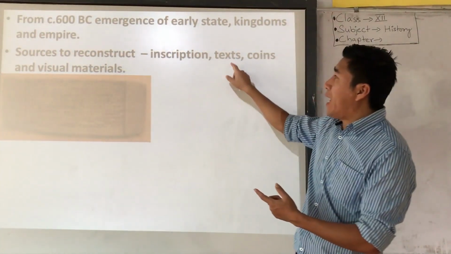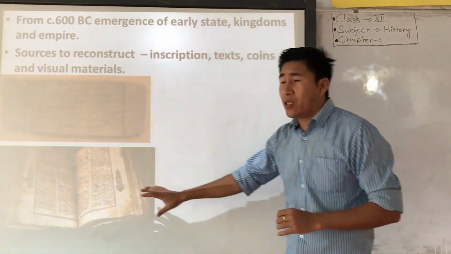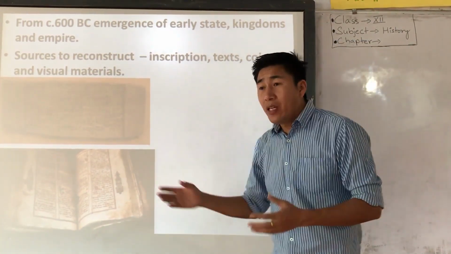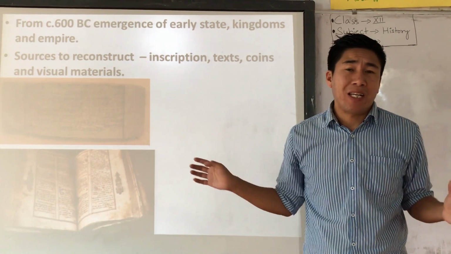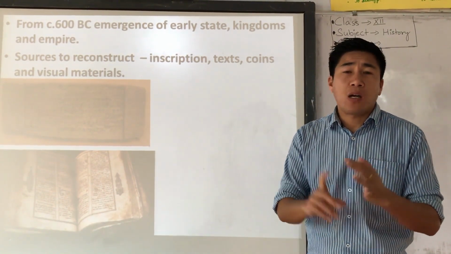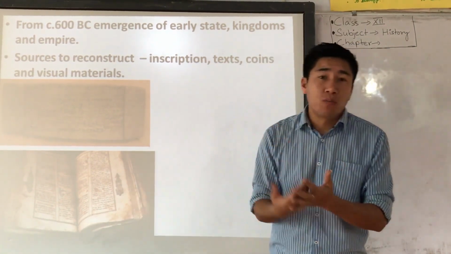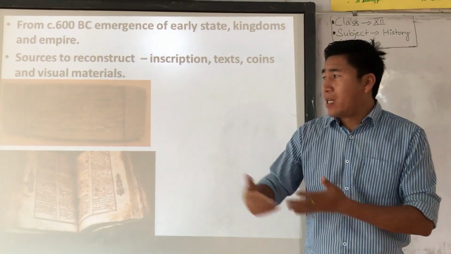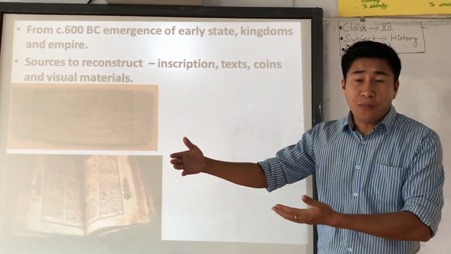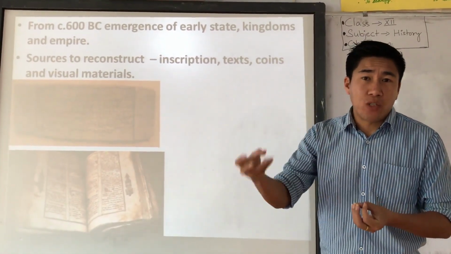And the second source we have is text. Text is one of the most important sources to reconstruct ancient Indian history. Why? Because we know about many sects from texts. In Buddhism, we have the Tripitaka: Sutta Pitaka, Vinaya Pitaka, Abhidhamma Pitaka. In Indian texts, we have Manusmriti, the Dharma Shastras, Dharma Sutras, then the Rigvedic text, and then we have Jain texts. There are many texts. Through these texts, we reconstruct ancient history.